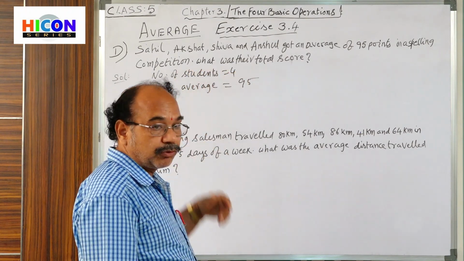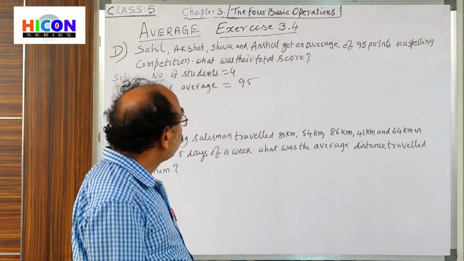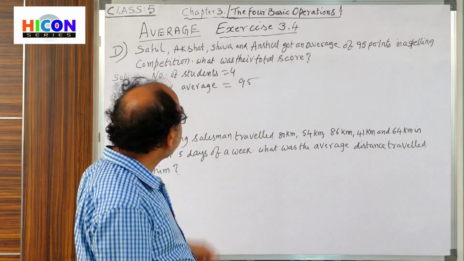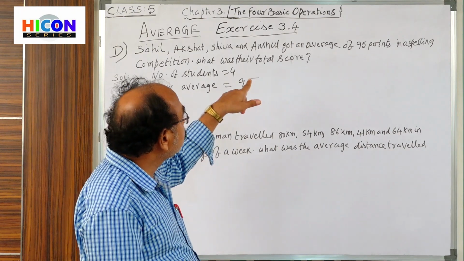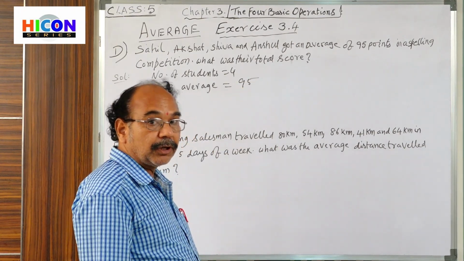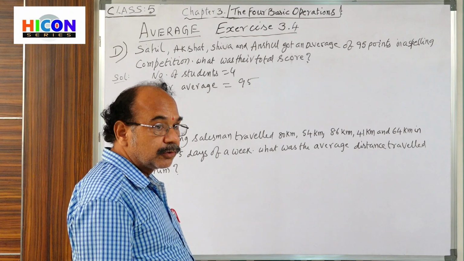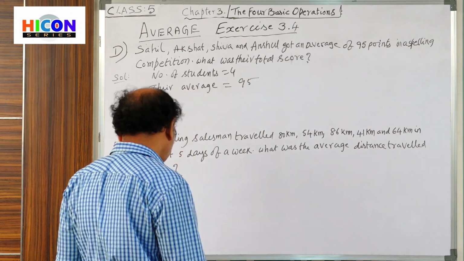What was the total score? What is the total score? Here what is given? The average given and number of students given. He asked for the total. So here,